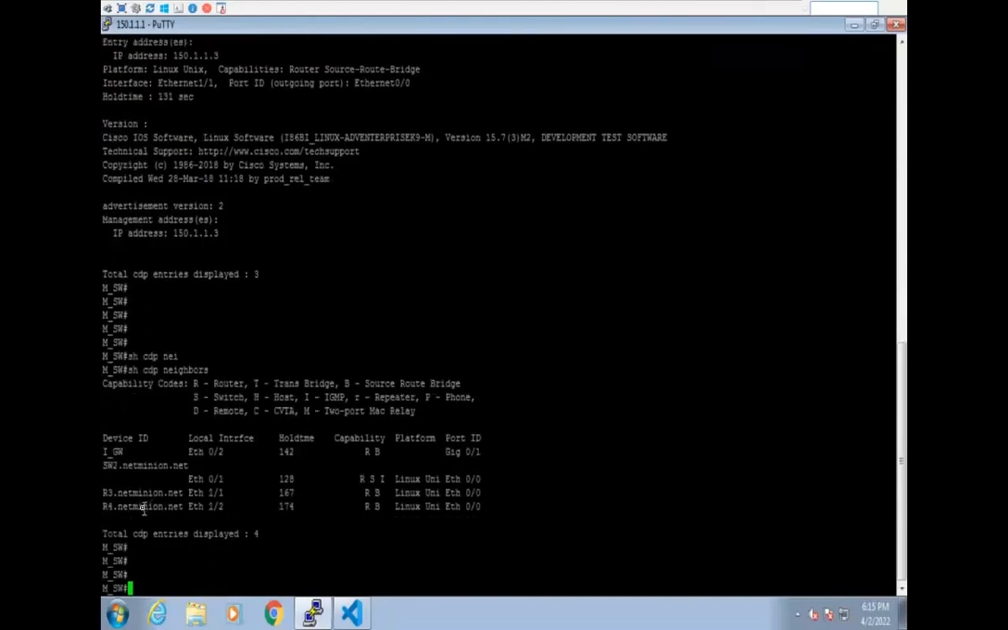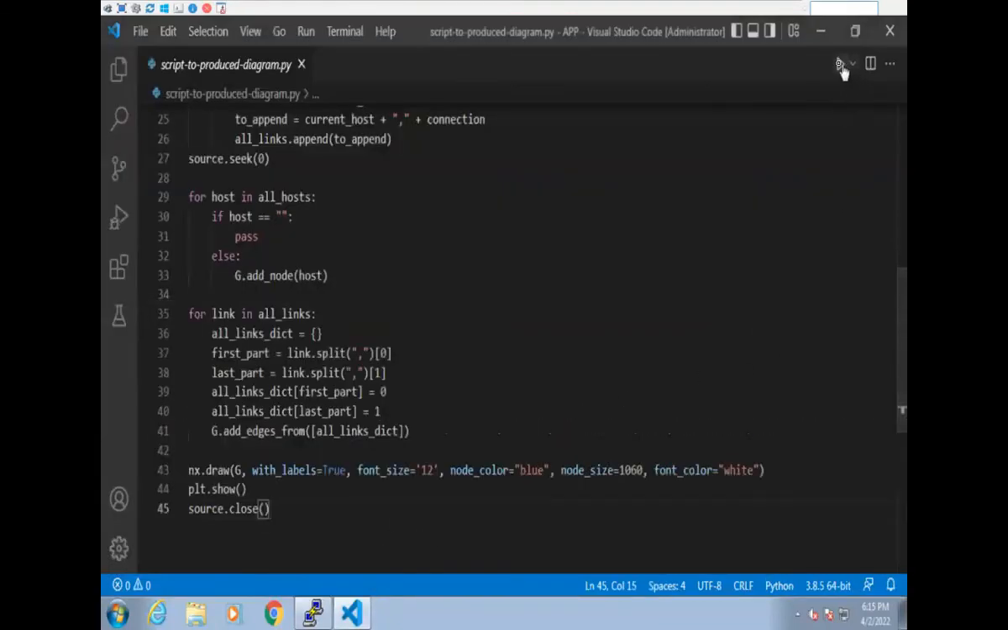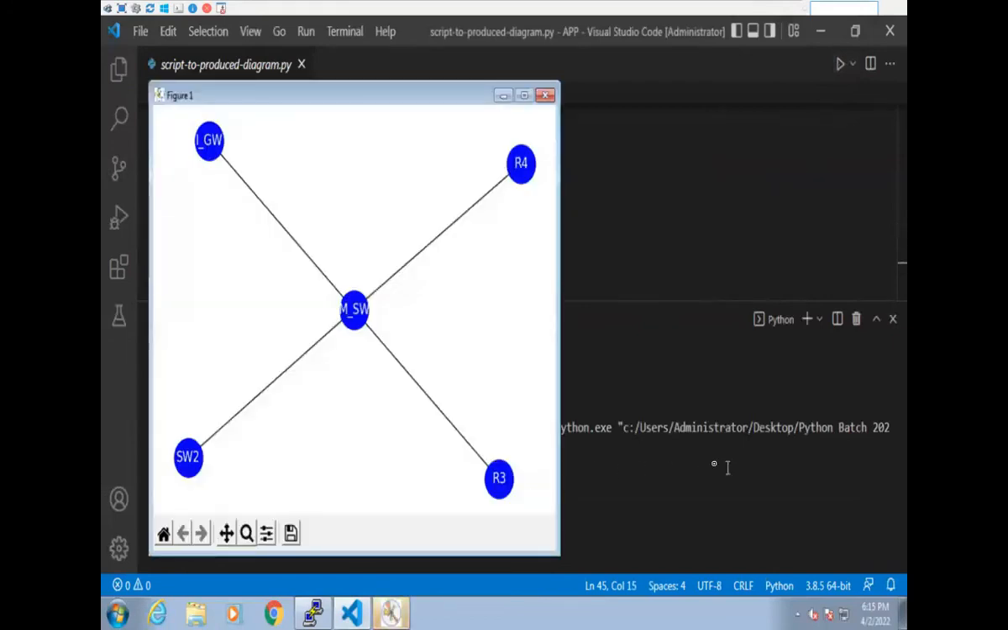Router 4 is showing. Okay, you can see router 4 is also showing now. Perfect. Let me just run this script again then. I am running this script. It is asking again for the 151.1.1. And if I wait, can you see router 4 is also up. So this is showing you how many devices are connecting with